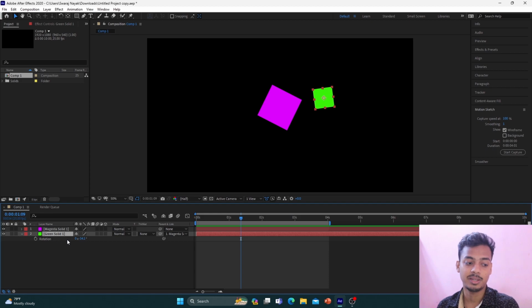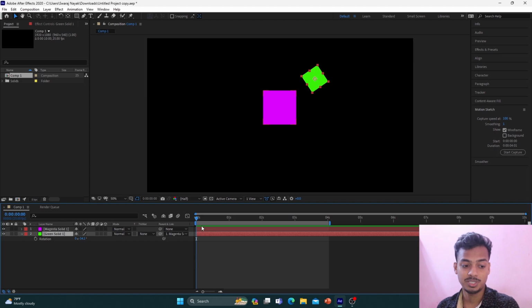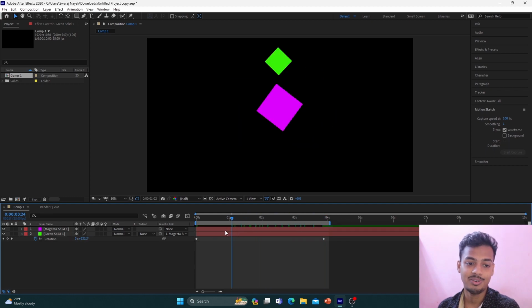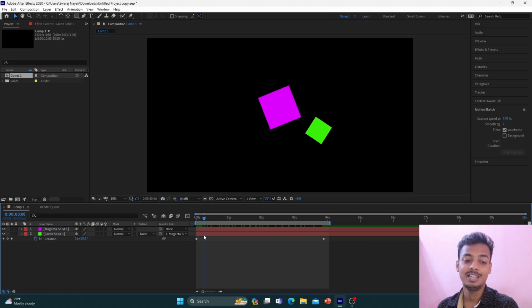Here I press R, which means rotation. In the zeroth position I add one keyframe, and here in the fourth position, after 3 seconds, around 4 seconds, I add one keyframe. I say that my rotation is faster than the parent. In the fourth time it rotates, so fast, simultaneously it rotates